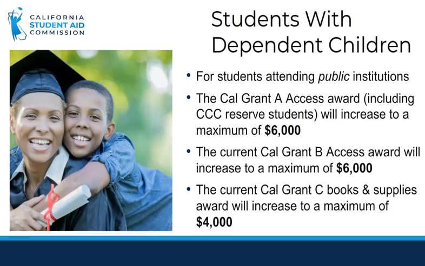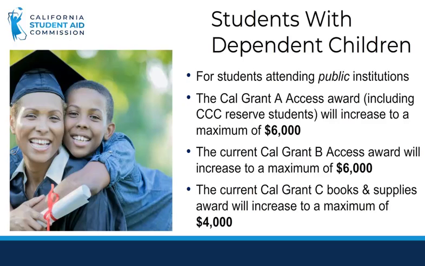Cal Grant awarded students with dependent children are eligible to receive a significantly larger Cal Grant Access Award. Students at California community colleges, California state universities, and University of California campuses with dependent children under 18 years of age for whom they provide more than 50% of support can qualify. Eligibility is initially determined by the Dependent Children question on the FAFSA or California DREAM Act application: Do you now have, or will you have, children who will receive more than half of their support from you?